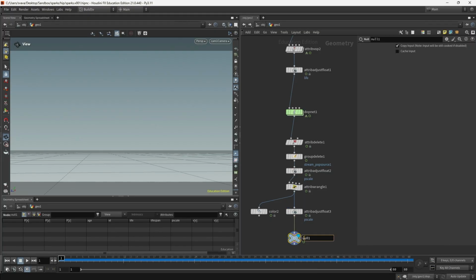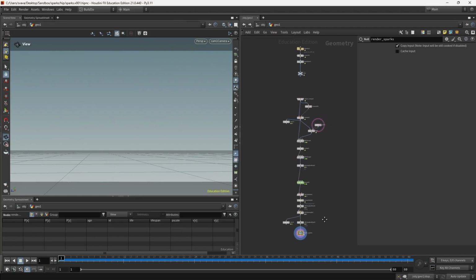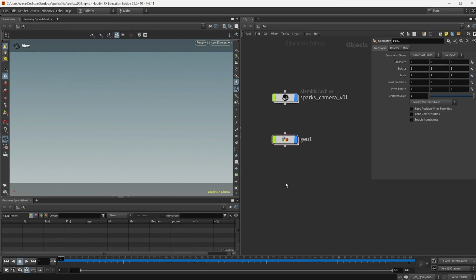And I'm going to call it render sparks. I'm going to create a render object, so I'm going to put down another geometry. So I'm just going to turn off the visualization of everything. And I'm going to call this render sparks.